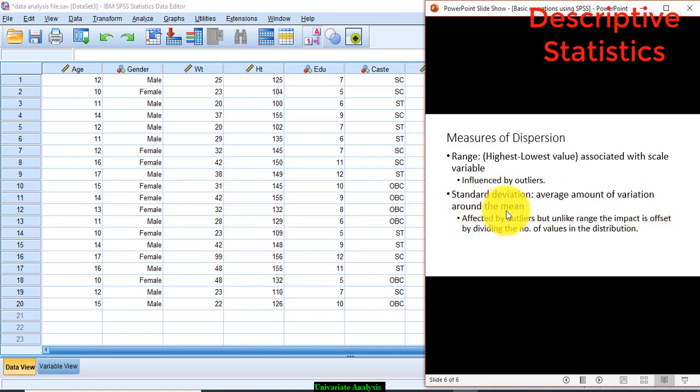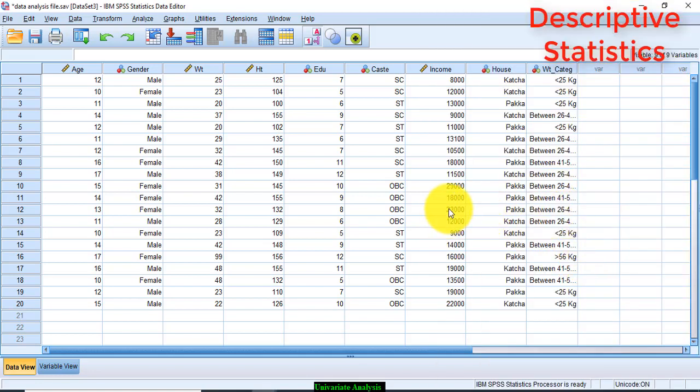So the higher the standard deviation, the more the data is scattered, and the lower the standard deviation, the more the data distribution is centered around the mean. Standard deviation is affected by the outliers, but unlike the range, the impact is offset by dividing by the number of values in the distribution. Now let us see how to obtain the descriptive statistics in SPSS.